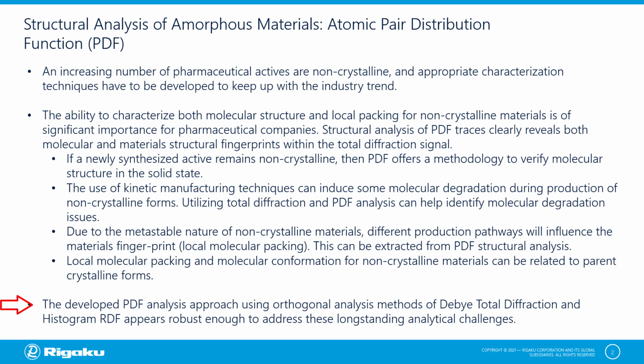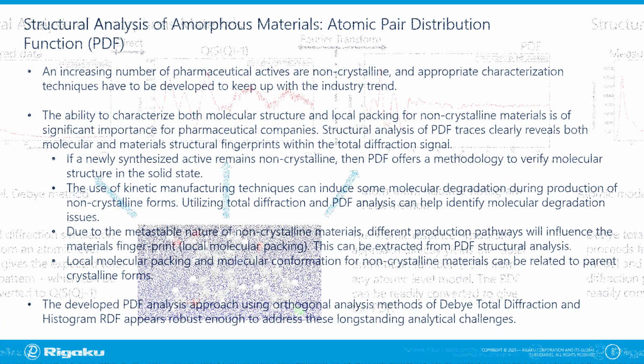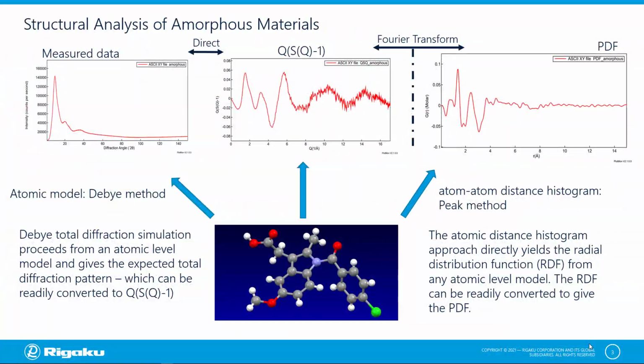Now, the PDF analysis approach I'm going to talk about today uses two orthogonal analysis methods. The first of these is total diffraction, and the second is histogram RDF methods. The combination of the two appears to be robust enough to address these long-standing analytical challenges. So how does this orthogonal modeling approach actually work? Well, both of the approaches,